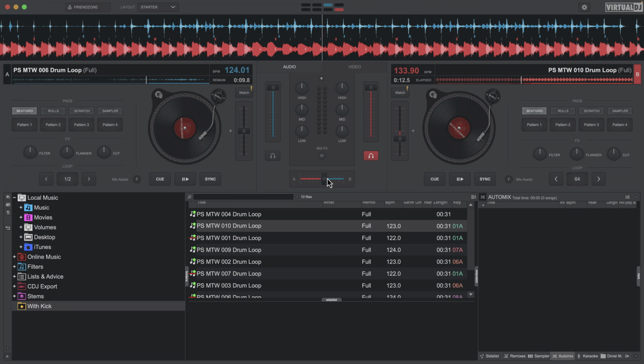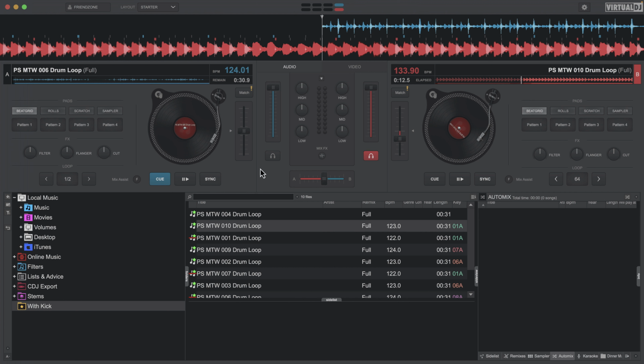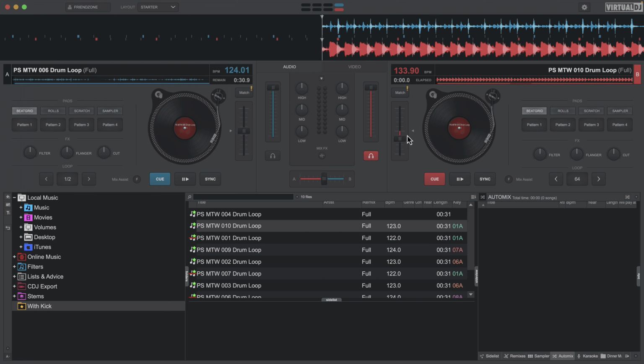Now, looking here at the parallel waveforms, what you can see is the waveform of B in red and the waveform of A. These little ticks here, the beats, aren't lining up, and they're going in and out of phase because the tempo is different. So the first thing you want to make sure is that your tempos are the same. One way you can do that is by dragging the tempo fader. In Virtual DJ, it's called the pitch fader, and I think this is really poorly named, but we'll talk about that in another video. We want to make sure that the tempos are the same.